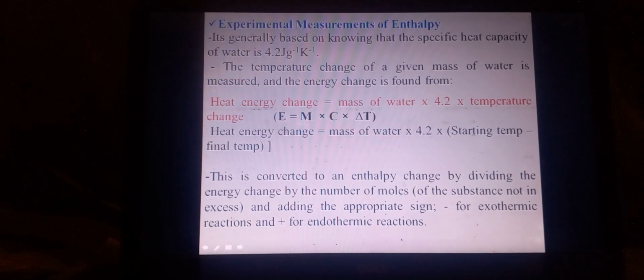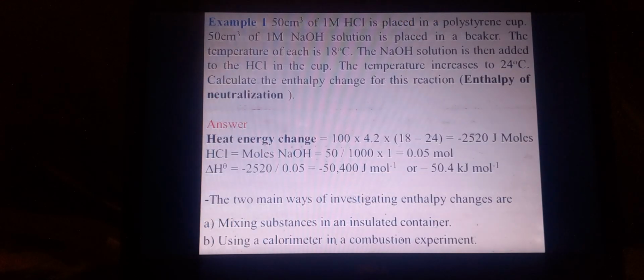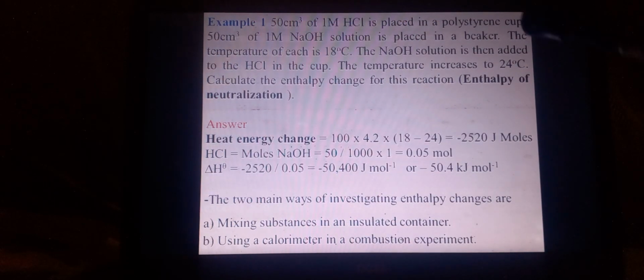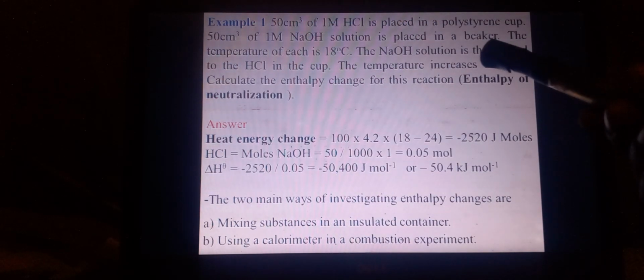So then we proceed. This is converted to enthalpy change by dividing the heat energy change by the number of moles. That one, I think it is straightforward. So look at example 1. This one is a neutralization reaction where we are